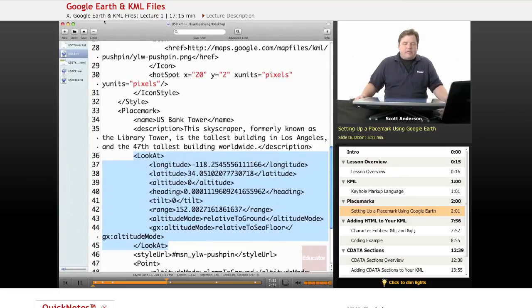Now, you may have seen a number of bookmarks, place marks in Google Earth that have a lot richer content than just a little bit of text. They might have pictures, they might have styles, and that's because you can actually add markup content to this description element, specifically because there's an HTML browser built in there. There are two